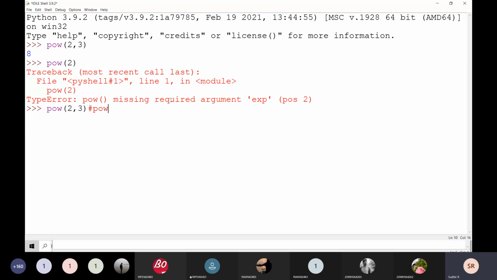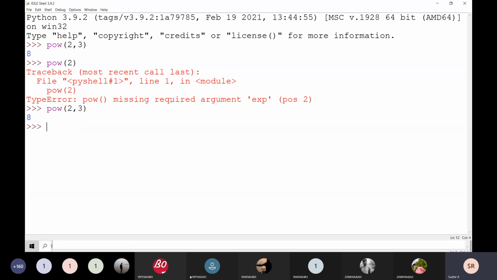That is POW, and it requires two arguments, both are integers. Is it returning any value or not? In any programming language, we have to observe all these things: the name of the function, how many arguments it is passing, and whether the function is returning any value or not.